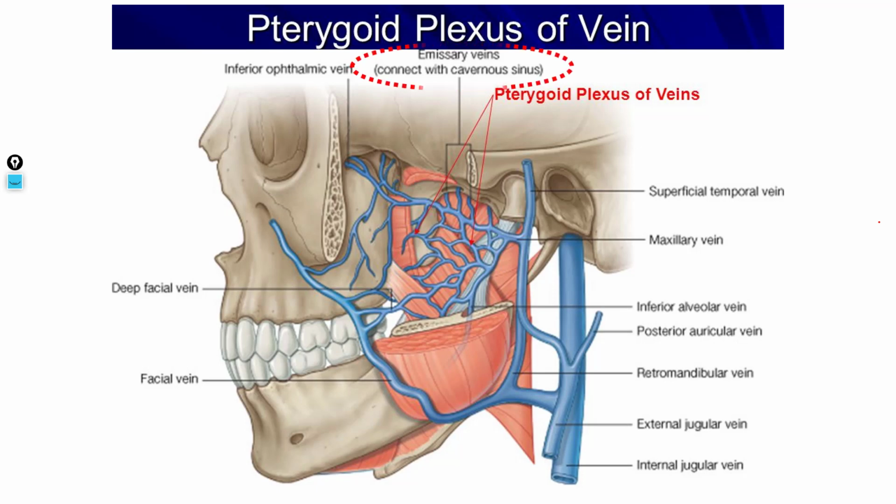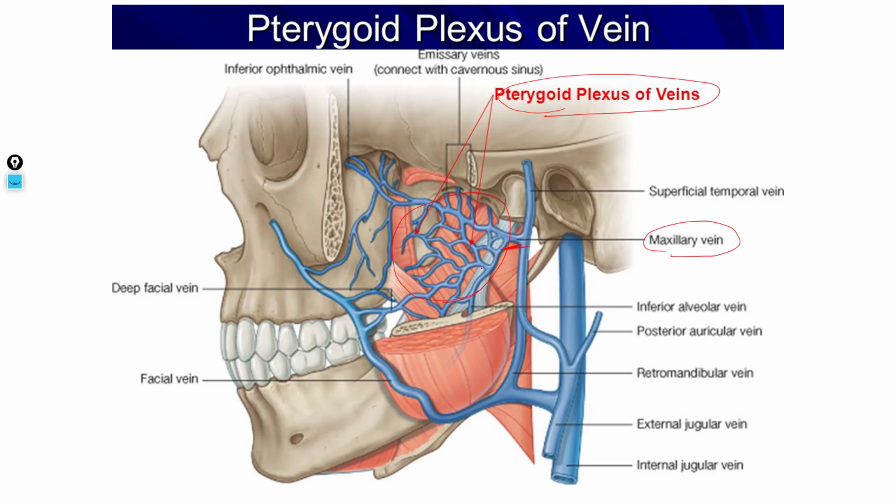So coming to the veins present in the infratemporal fossa. The artery is the maxillary artery, so the vein is the maxillary vein. Here you can see the maxillary vein. So this part is the maxillary vein. The maxillary vein is not formed by tributaries. All the tributaries in the infratemporal fossa form a plexus. That plexus is called the pterygoid plexus of veins. This plexus is present within the lateral pterygoid muscle. I already told you that when the lateral pterygoid muscle contracts, it helps in pumping of the blood.